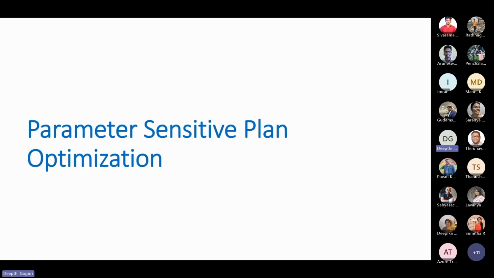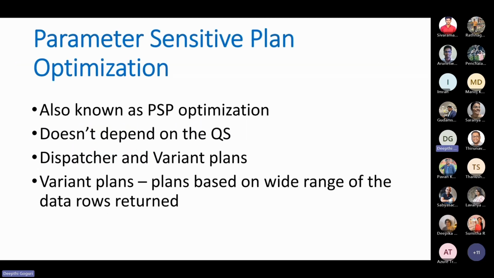So let's talk about the parameter sensitive plan optimization, also known as PSP optimization. If you observed clearly in the previous demo, we talked about parameter sensitive queries, right? How they work, and if you do not have the query store, how the wrong execution plan can be used from the cache for the next executions, and how it will waste resources on the SQL Server. So Microsoft has observed this problem of parameter sniffing, and they thought, okay, what if we not only save one execution plan for the query, but